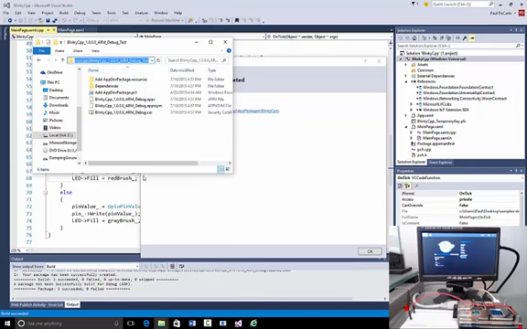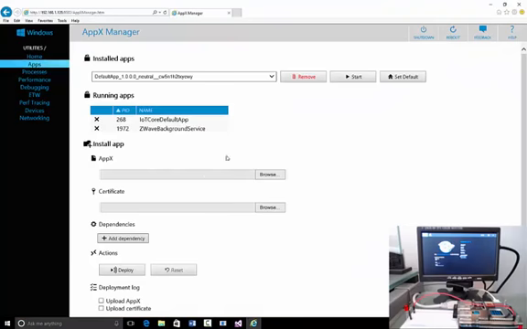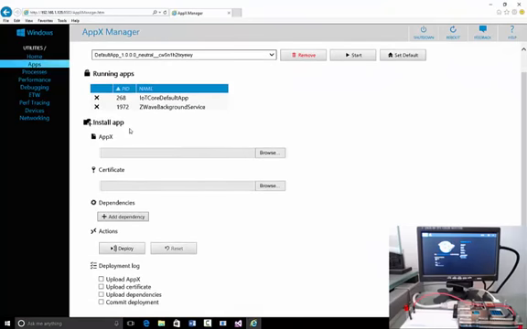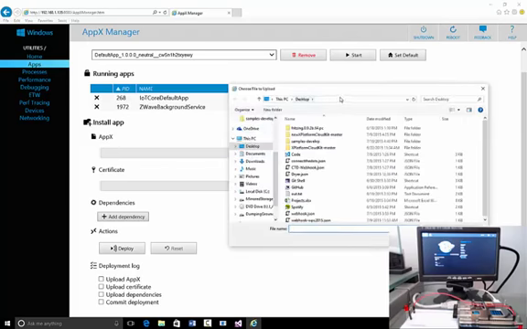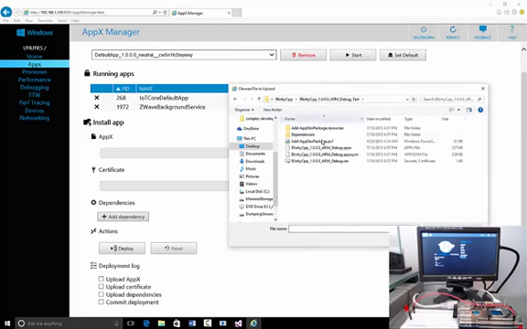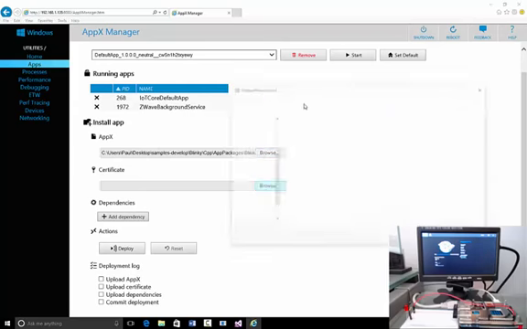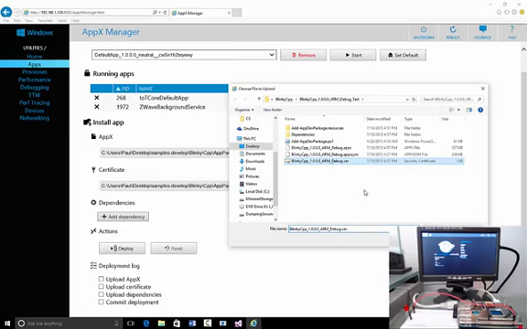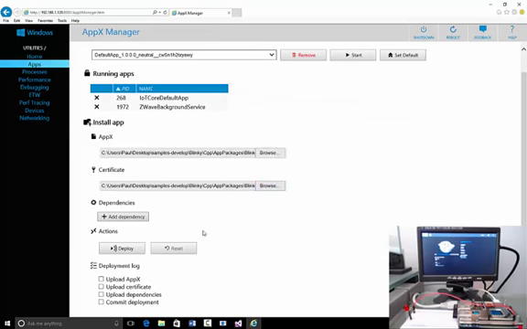So I'm going to go ahead and copy that, head back into Internet Explorer, and you'll see to install an app, I need the AppX and the certificate. So I'm going to go ahead and click the Browse button here, paste in our path from previous, and I'm going to double click on the AppX, and then similarly head into here and click on the .cer file. So again, that's the .cer, that's the certificate file. Go ahead and click that. If you do require dependencies like external DLLs, you can go ahead and add those using this button here. If you've got everything set up, you can go ahead and hit the deploy button, and this will deploy that